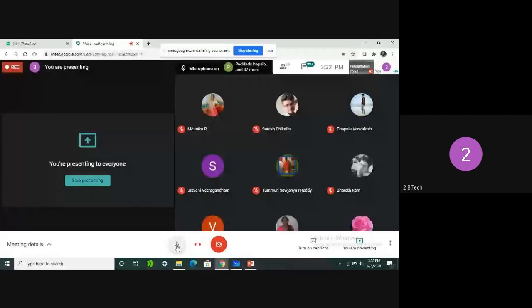Now tell me, is everyone getting my screen? Yes, sir. So this is the way. And one more thing we need to check: if any common terms are there, we can straight away remove that term. See here, what are the similar terms? This term, x, y bar, z bar, and the first term is also similar to x, y bar, z bar.